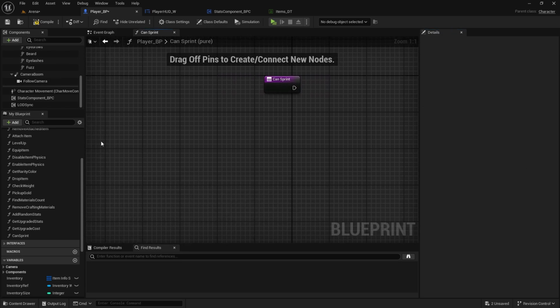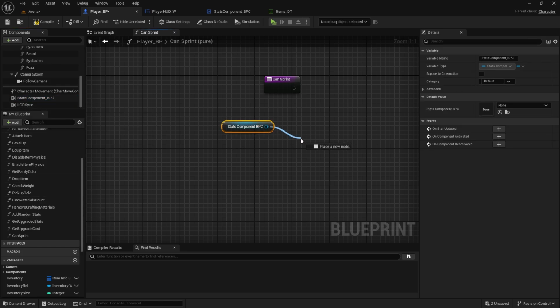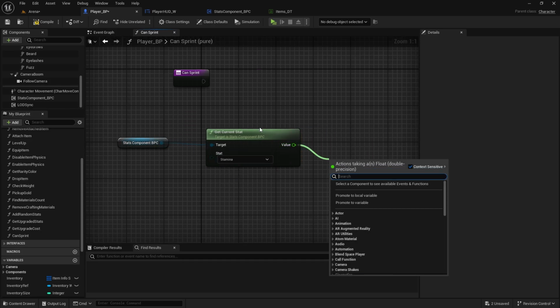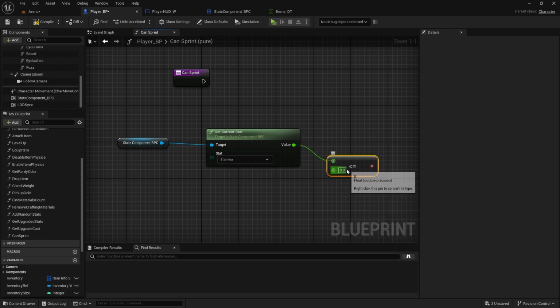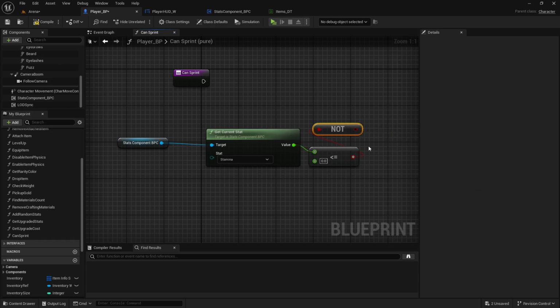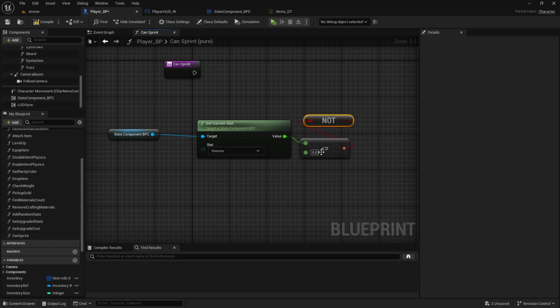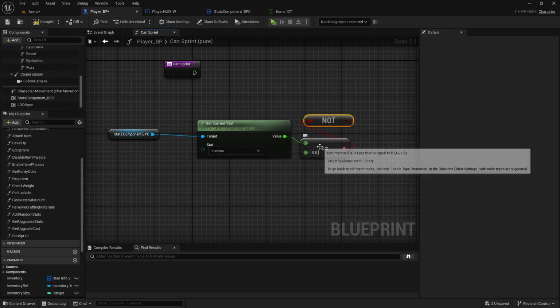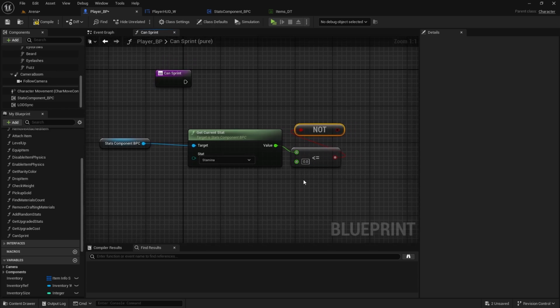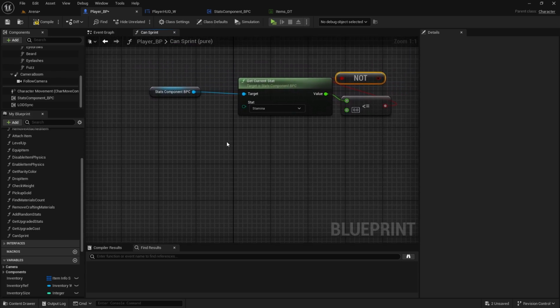We can just check if stat component get current stat. So if stamina is less or equals 0, and we'll do not boolean. Okay, so if it's not less or equal 0, you don't really have to do less, but just in case some function will remove more stamina than necessary or something, you're always better to have less as well, not just equal. So if it's not equal 0, then we can sprint,